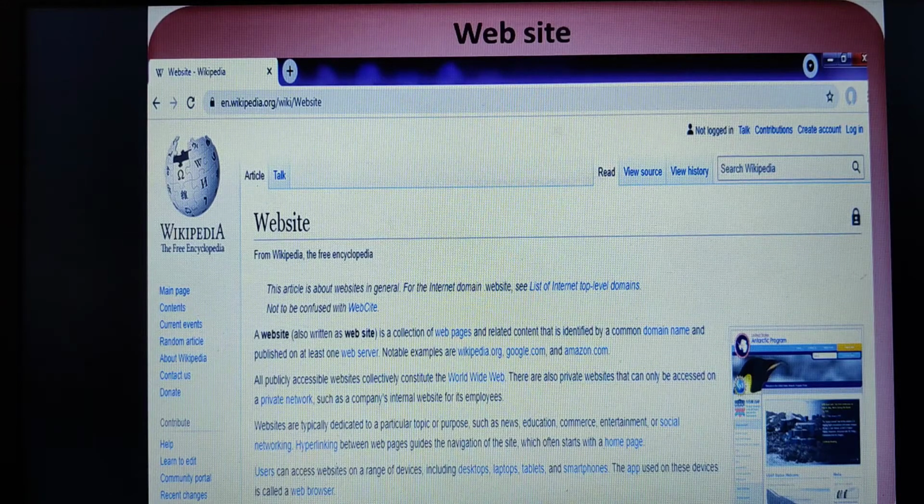Now what is this web server? A web server, or the server machine, is the one which provides the web pages requested by the client machine. Suppose a client machine requests a web page, then the server machine replies by providing the requested web page. So that is what a web server is. We need to host the website on the web server so that we can easily access that website over the internet with the help of a URL. URL stands for Uniform Resource Locator.